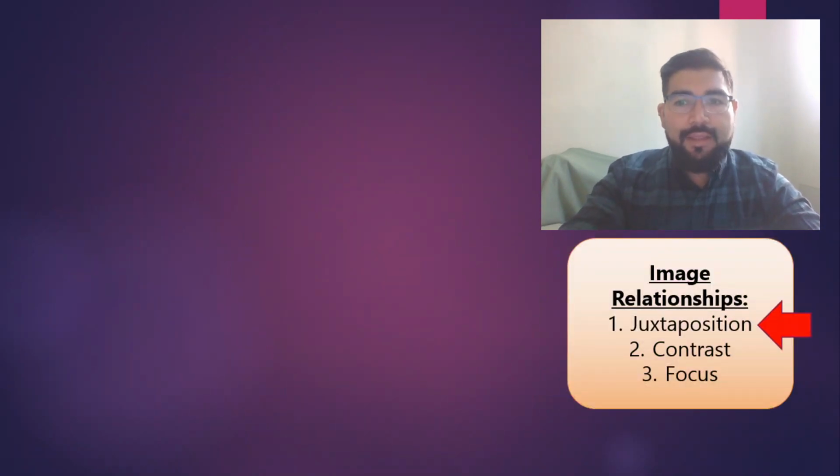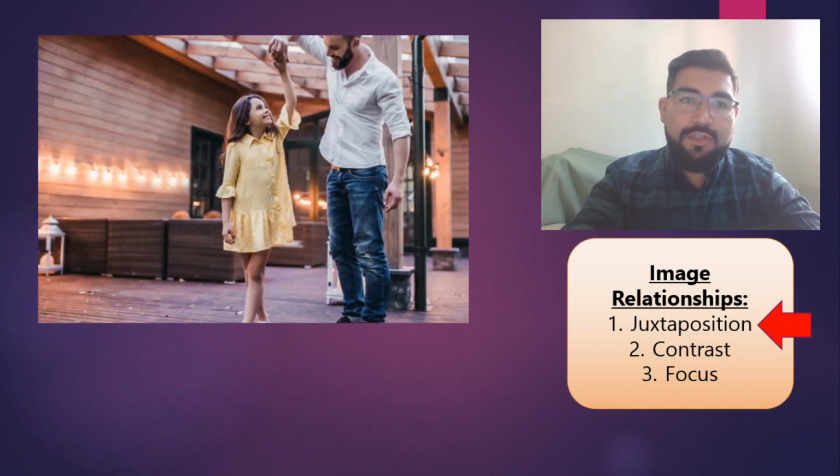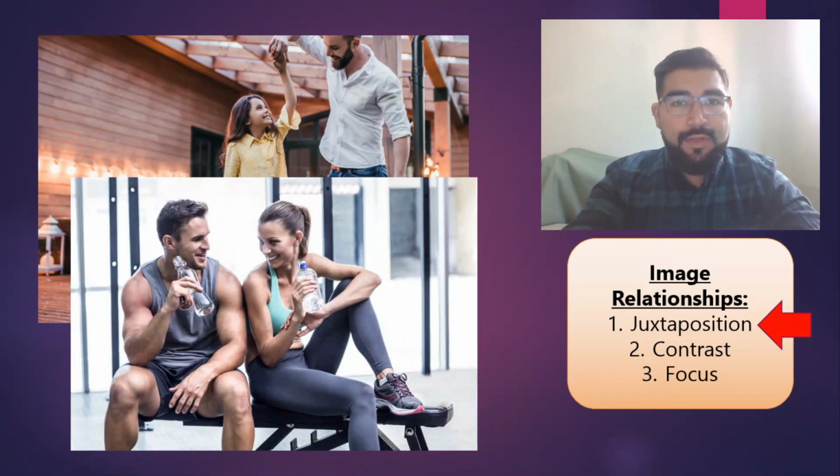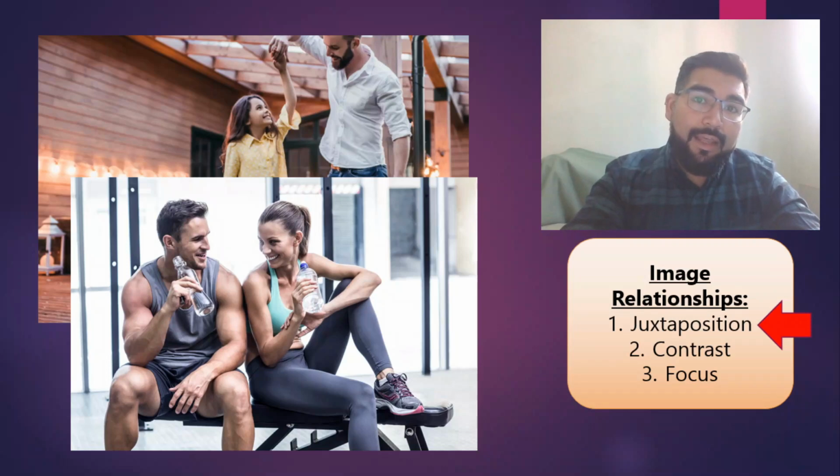Let's start looking at the first image relationship, juxtaposition. Juxtaposition is when we have two objects in an image that tells us a relationship because of similarity. In this case, we have two people, a girl and a man, and looking at the picture we can immediately associate that this is a father-daughter relationship. Well, in this other case, we also have two people that maybe share an interest in common, which is sports, right? But at the same time, we also could think that they are a couple, so because they are similar,